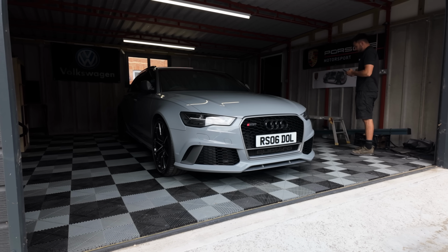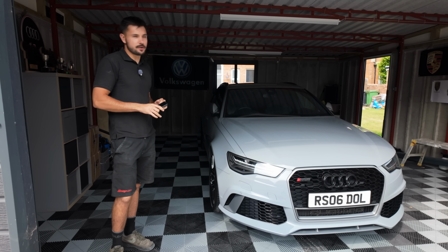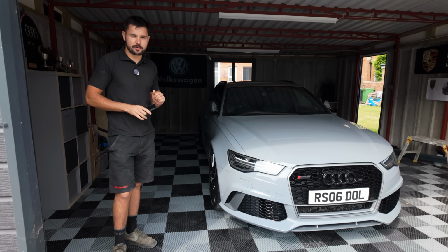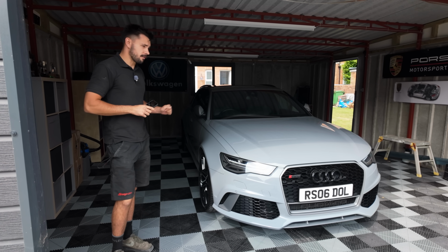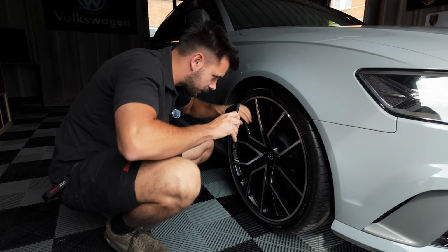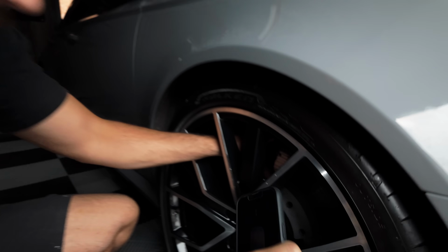So when you come in to view a car, when it's parked in a garage like this, with Swiss Trax flooring and LED lighting, you're probably onto a little gem of a car. So we'll check it out now, we'll have a little walk around and then we'll take it on a test drive. So things we're checking for down here is if these discs are heavily lipped and need replacing,